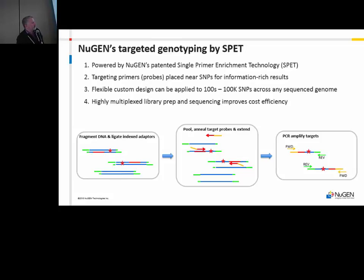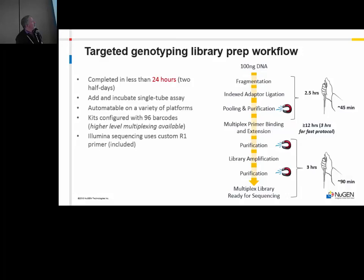So that's how the SBET technology works. A little bit about the workflow. This is a very simple workflow. It can be completed in less than 24 hours, starting with 100 nanograms of DNA,